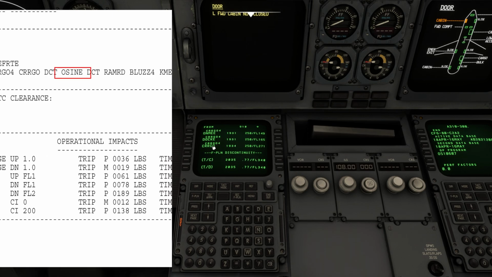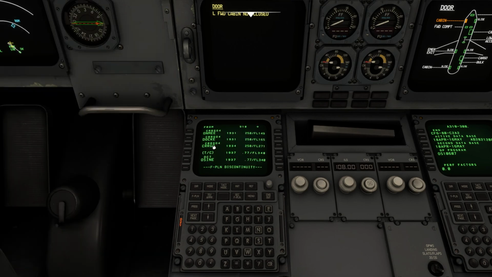After cargo, we're supposed to go direct to OSIGN. So put that in. Oscar, Sierra, India, November, Echo. Put that right where it says flight plan discontinuity. Now you can see it goes cargo, and then we'll hit top of climb, and then we'll hit OSIGN. And you'll see DCT, that means direct. Up here you see where it says cargo 4, that means you're on the RNAV departure, the SID, out of